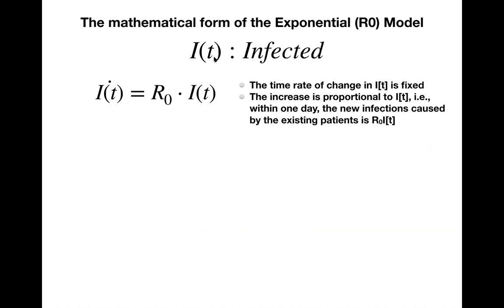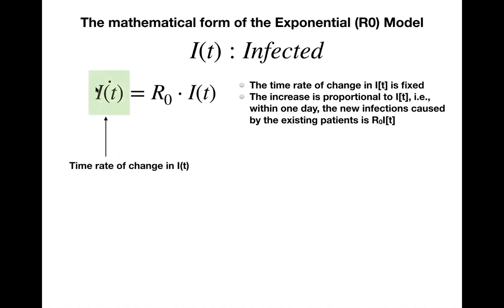I(t) is called infected. I is a function of t, which is time, right? The mathematical form of the exponential model goes like this: the time rate of change in I equals R0 times I(t). Which means that the increase is proportional to the number of patients within one day. Within one day, the new patients will be I